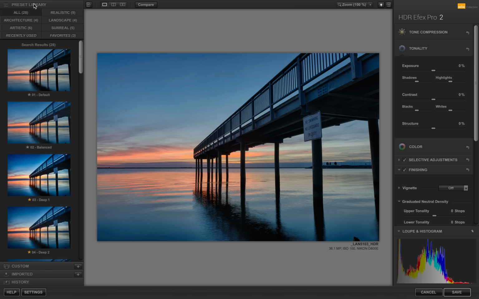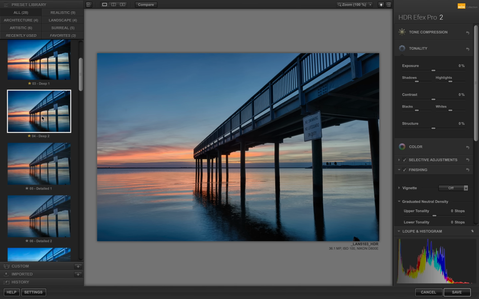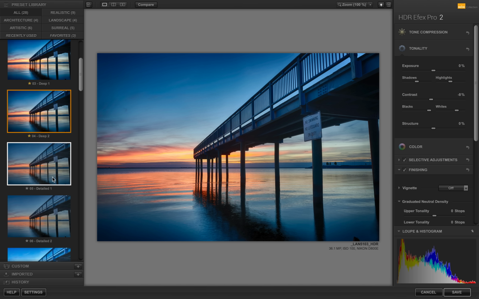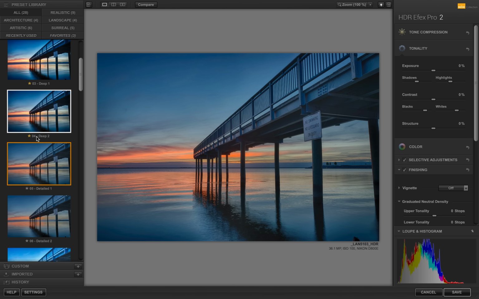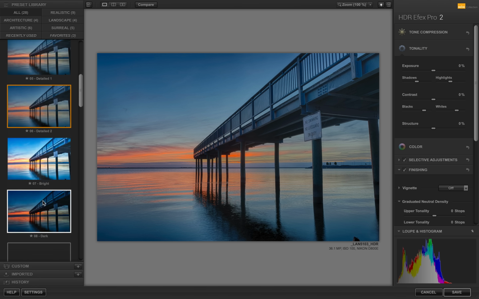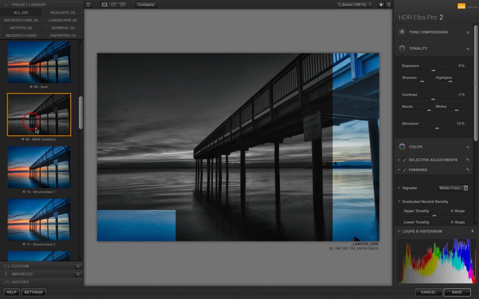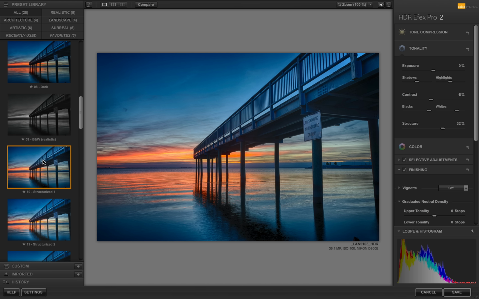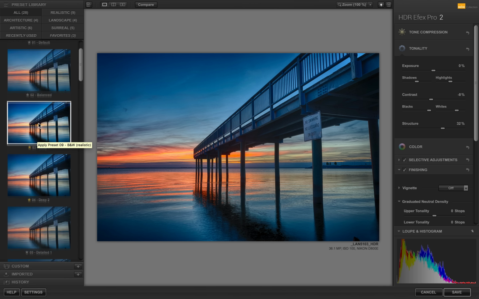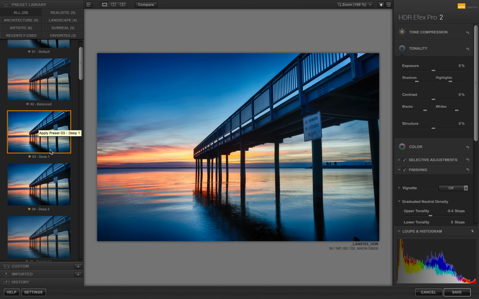What I would typically do is go in and try some of the presets. And I'm going to be quite honest with you, I'm not too thrilled with many of the presets that come with HDR Efex Pro 2. So you could go through and just click on them and see if there's one you like. They don't go on top of each other. One preset completely replaces another preset, all right? So let's just leave it on this deep one right now because I want to show you the different view